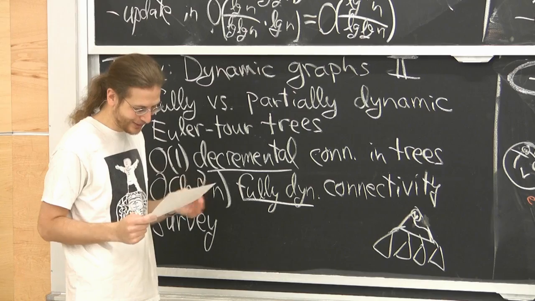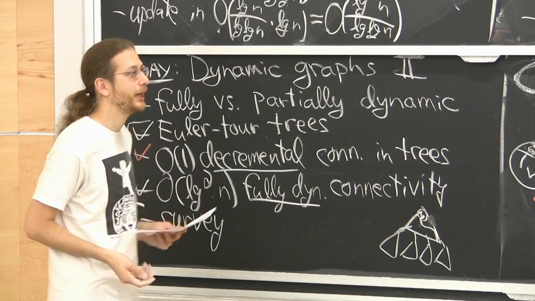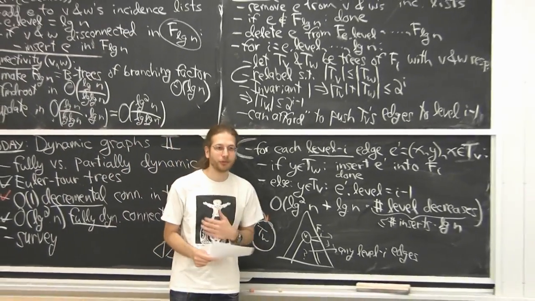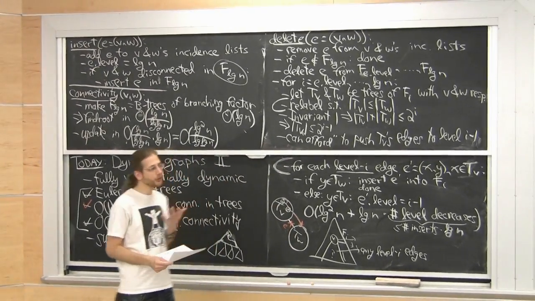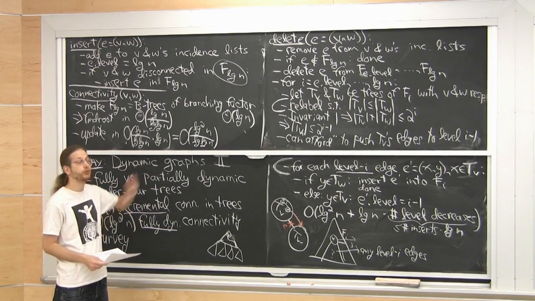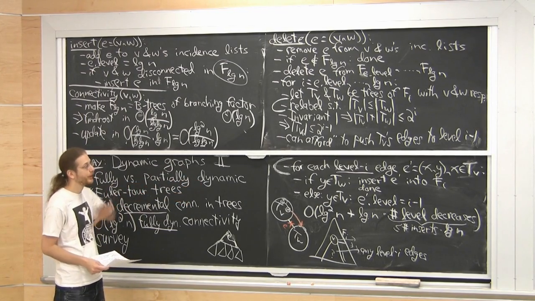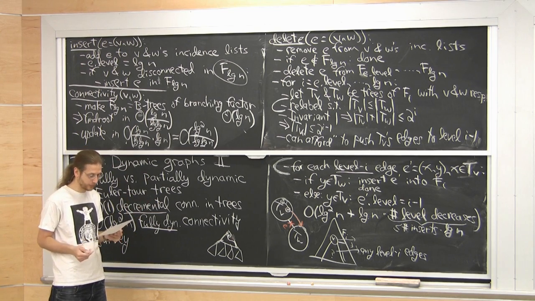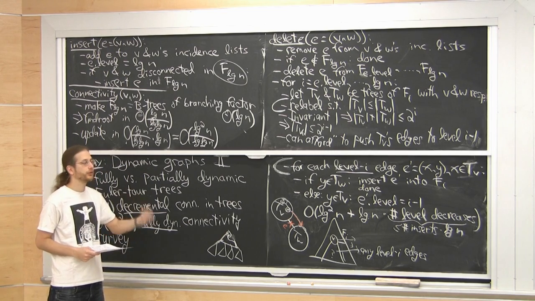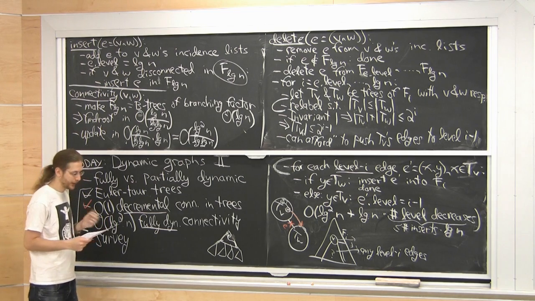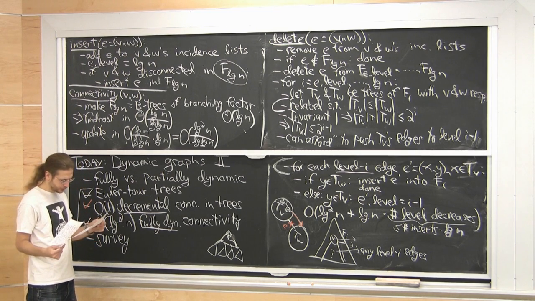So kind of lame. Another problem is minimum spanning forest. You don't just want to maintain some spanning forest. Maybe you actually have weights on the edges and you want the minimum spanning forest. That, it turns out, you can solve with a couple extra log factors. In log to the 4th n time, with an extra log squared factor, you can reduce to the problem of dynamic connectivity. And so log to the 4th overall, you can maintain minimum spanning forest. Another problem is planarity testing. You want to insert or delete edges and at all points know whether your graph is planar. And there's no great results known for that.